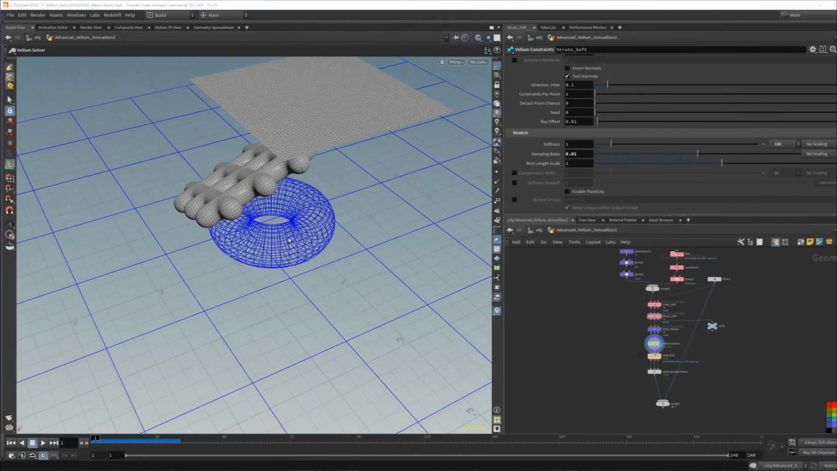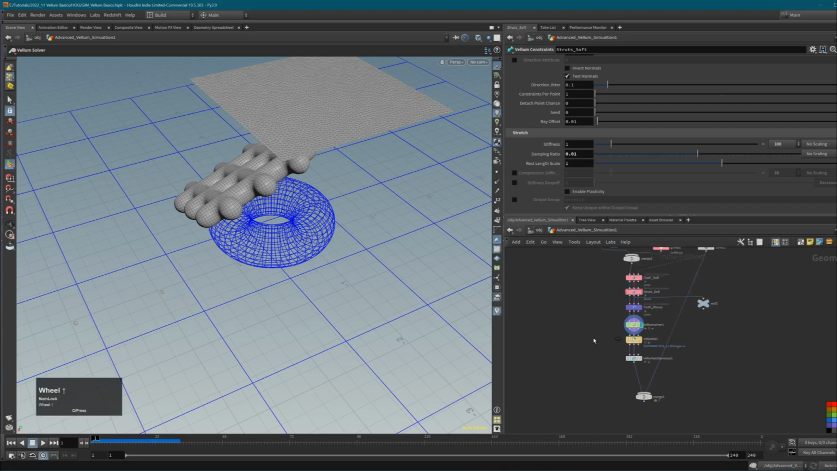In the third part of this Vellum basic introduction tutorial, I want to show you how you can set up Vellum simulations inside DOP networks and what's the difference here and why you should do it. But before that, let me mention one more thing that just came to my mind that's maybe important here,